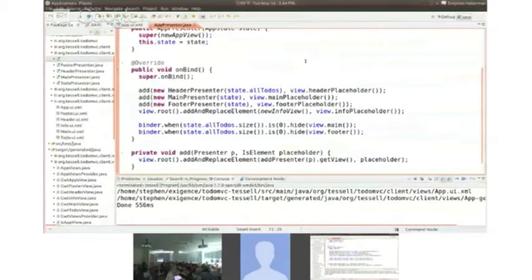So up at the top, you can't see, and I'm not going to scroll because it'll take too much time, but for a super constructor, we make this new app view, which is a static method that, when we run the GUID app, will be the GUID app view, but when we do testing, will be something else. We've got a bind method where I'm going through and hooking up my child presenters, my header presenter, main presenter, footer presenter, and putting them into the view. And then I've got a little bit of logic down here, which we'll talk about later, but is basically watching the model and hiding certain parts of the view when we don't have any to-dos. So the app presenter